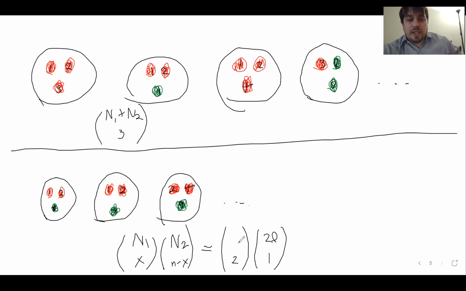There are 4 that are defective. You're choosing 2 of the 4 to be defective, and you're choosing 1 of the 20 that are non-defective. So there's 2 defectives, 1 non-defective. So this product is counting all the ways in which, given that you're choosing 3, this is the number of ways that exactly 2 of them are defective, and this is all the ways in which you could choose 3. And so the probability that, given you choose 3, exactly 2 are defective is this number divided